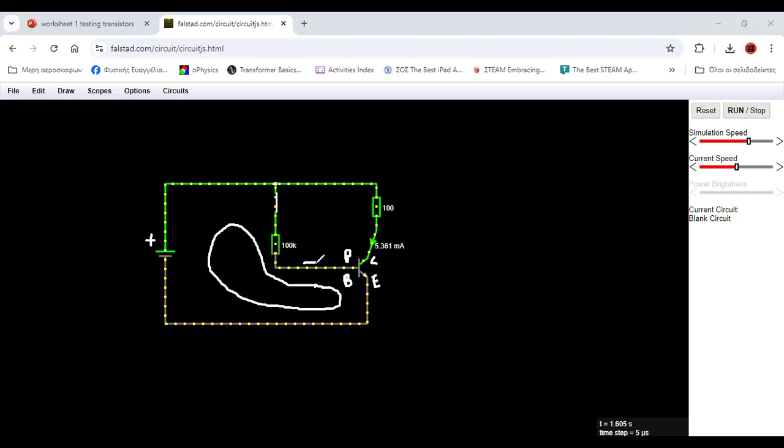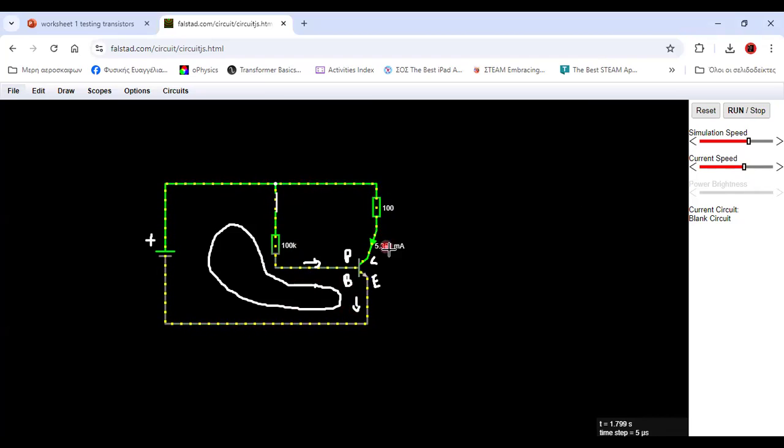The current flows through this direction and this direction, and if I increase the speed of the simulation here, you are going to realize that we have here a very small current flowing, and here we have an increase of current,